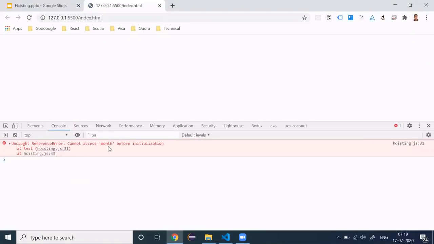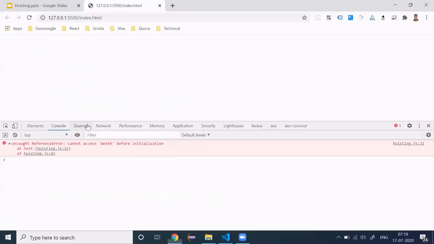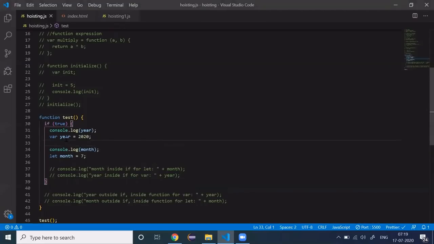It says cannot access month before initialization, but the further code is not getting executed, that's why the console output is not coming. But if you write this code above this let error, then you will be able to see the value. So undefined is coming, that is fine for var, because in the creation phase var is already declared. In the execution phase, when this code is scanned and run, the year value is still not assigned, so the value is undefined.